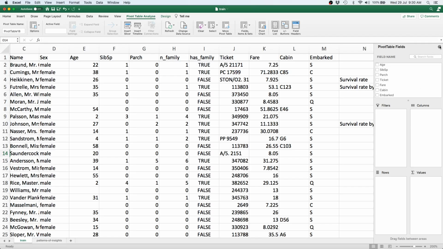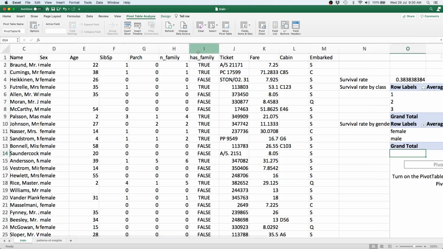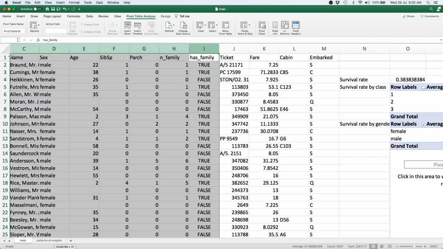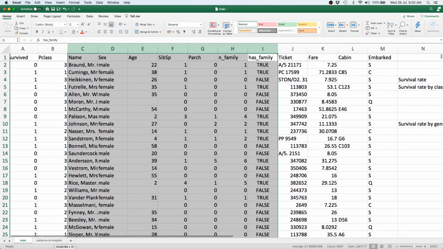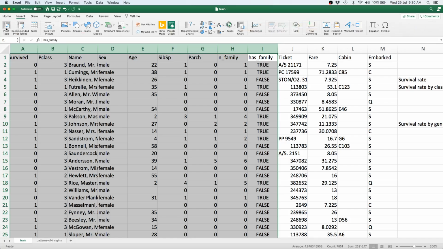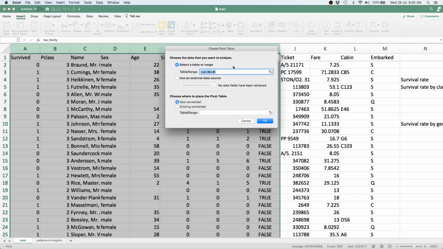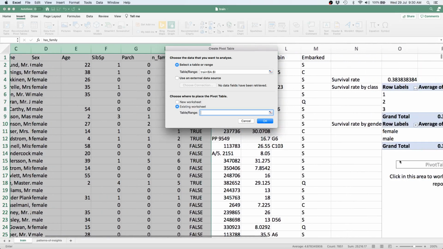Let's see if we can directly select the columns like that and then make a pivot table. So essentially, instead of making a selection on its own, we are creating a pivot table by ourselves. So we make the selection and we click on the pivot table, and we say that we want to place the pivot table in the existing sheet over here. So essentially, let's click on OK.